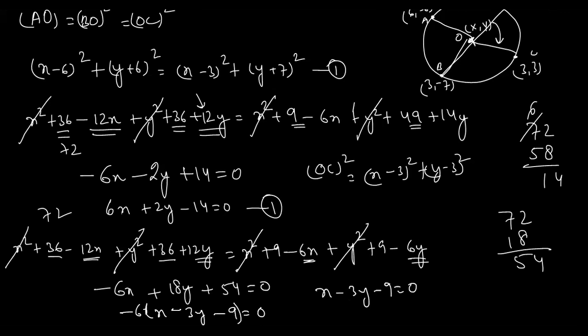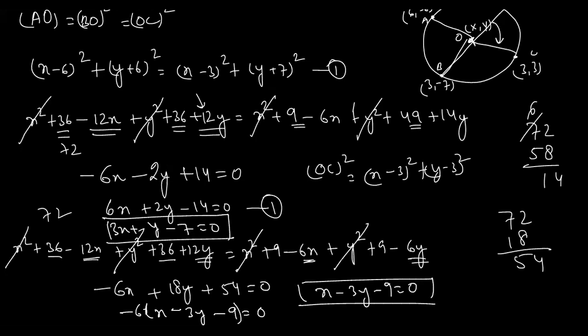Now using this equation, you can take the 2 as common from this equation also. If you want to take common, you can take the 2 as common. So you can write in a simple way, that this will become 3x plus y minus 7 equals 0. So you can take the 2 as common from the equation. So we have these two equations. First one is this one, and second one is this one. Now how can we solve these two?